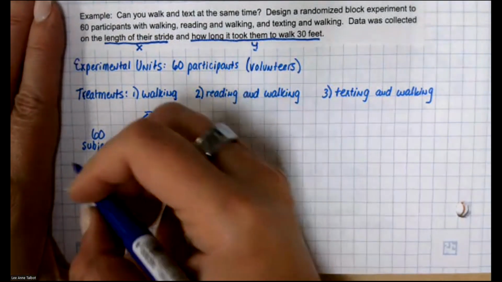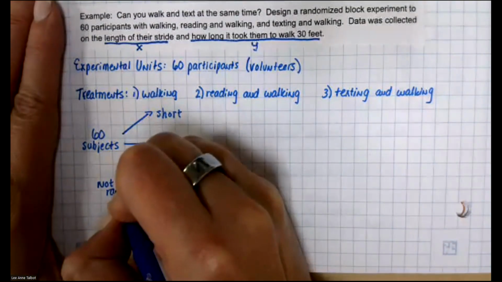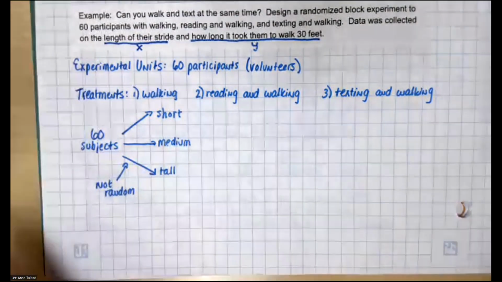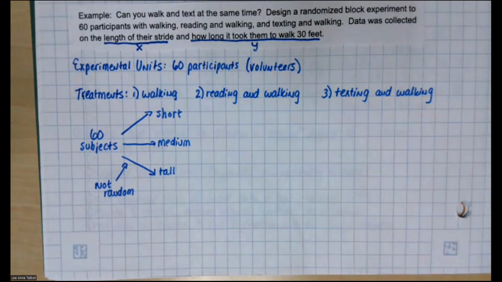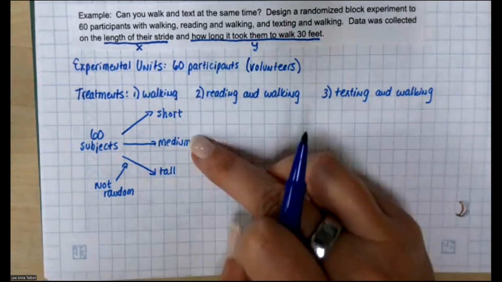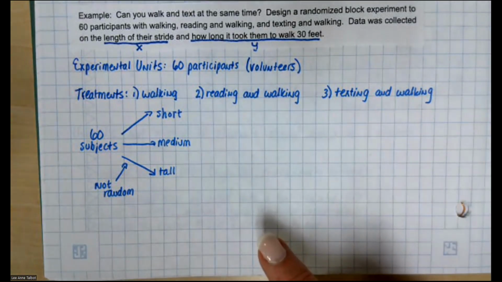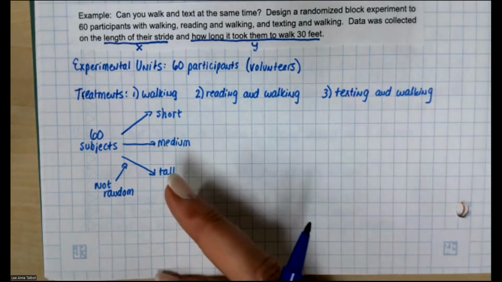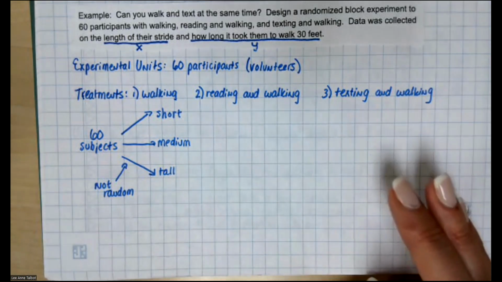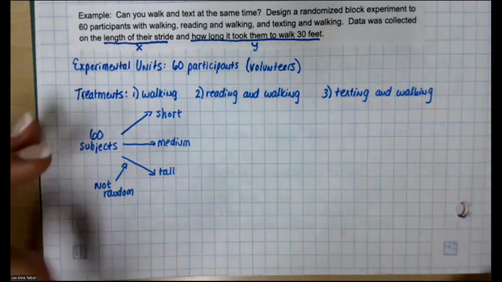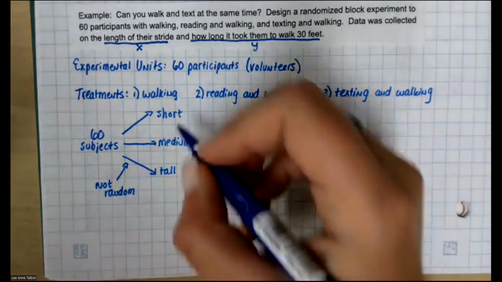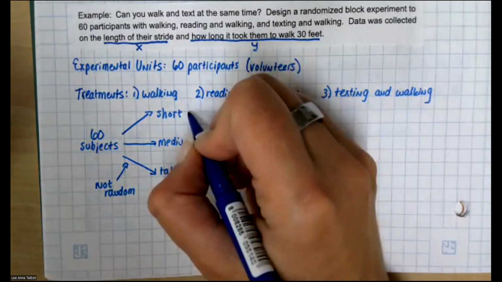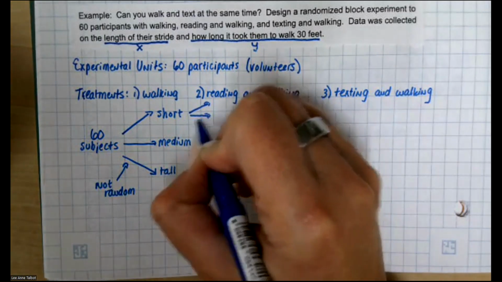And I want to emphasize that this is not random. You're actually going to take those people and decide which range of height they're in. Does that make sense? Yeah. Okay. Now, out of the short group, so my question is this going to be 20, 20, 20? No. You don't know what it's going to be. It depends on the interesting variability of the 60 subjects that you have, but they don't have to be equal. What does have to be equal is the groups after you randomly assign them. So